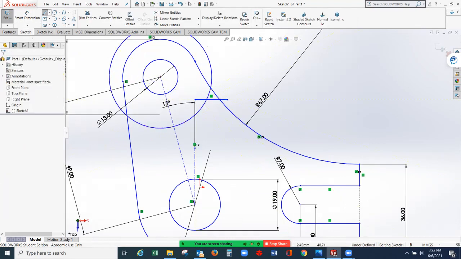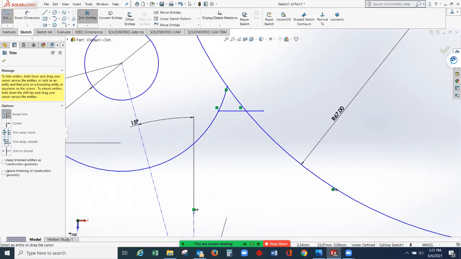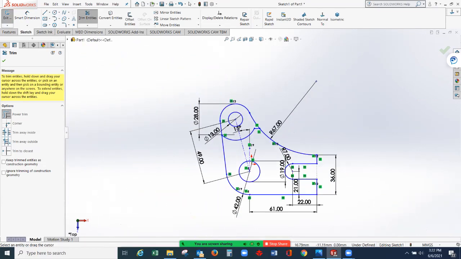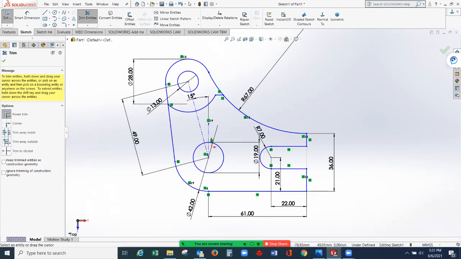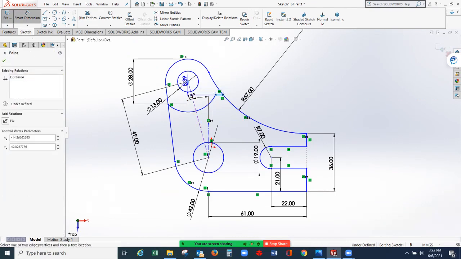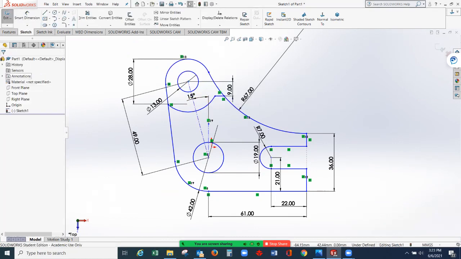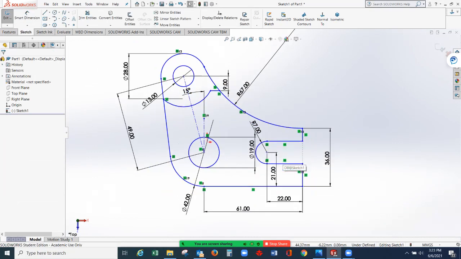Press the skip button and then trim the excess line. So just follow the drawing that is given to you. So now it is done, unless we give this dimension to be 9. Select the green check mark and 9, so 9 millimeters. Select the green check mark. And that's it. So we are now ready to offset.